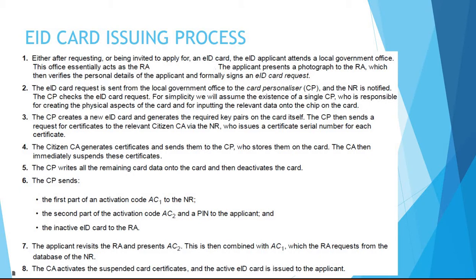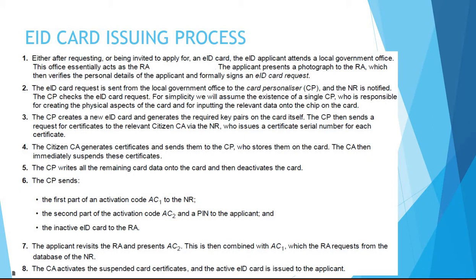We'll discuss about it. Okay, so when the electronic ID card is issuing, how will it be done, we will see that. Here first the applicant will be applying. Usually whenever we want an Aadhaar ID card, how will we apply? Similar to that we will apply for the electronic ID card. It will be applied to the local government office. Okay, so the registration authority, they will take it. They'll consider the electronic ID card request.